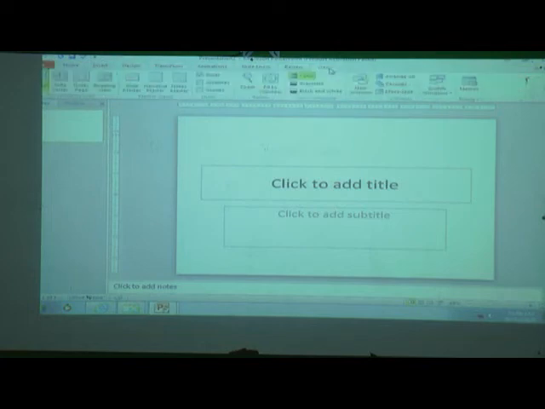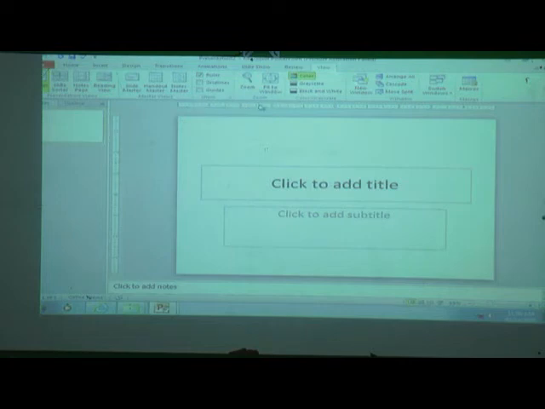Yes, now the last option is View. You can see the Show group; different groups are there. In the Show group, you can see here the upper side is a ruler. It is ticked. That's why we can see the ruler here.